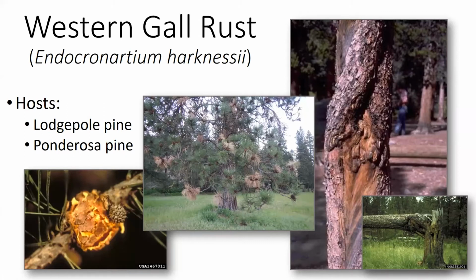Gall rust is also very common, and this affects lodgepole pine and ponderosa pine. And in the springtime, the galls will begin to sporulate. So it almost looks like there's Cheetos dust all over the outside of them. And these spores will, of course, fly and infect new trees in the springtime. And over time, those galls will basically girdle the branch. So you end up getting a lot of branch tips that die